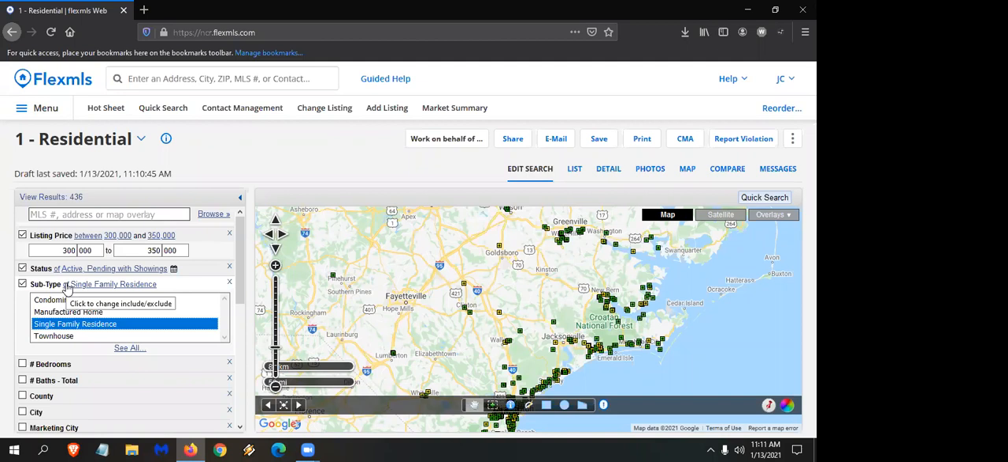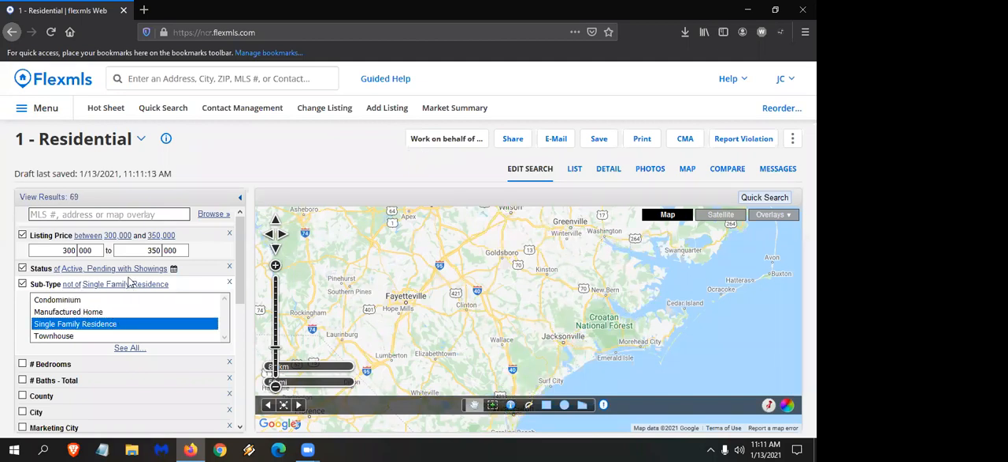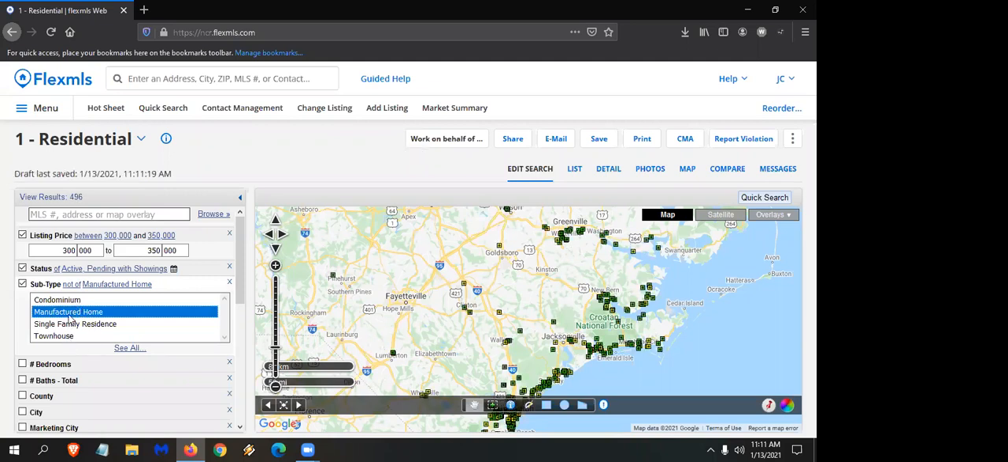I can change this to "not of." Now, not wanting single family doesn't make sense, but maybe they're okay with a condo, single family, or a townhouse, but they don't want a manufactured home. So the "not of" these, a lot of